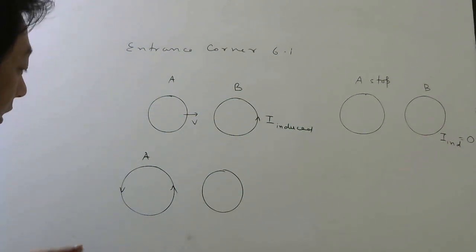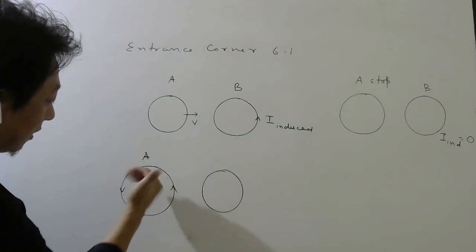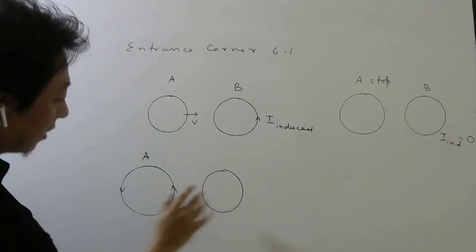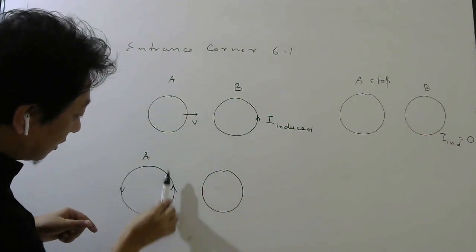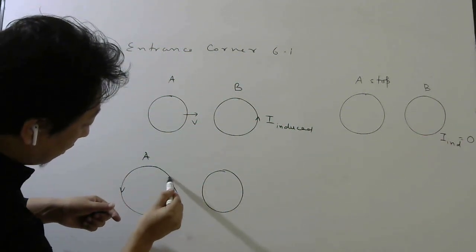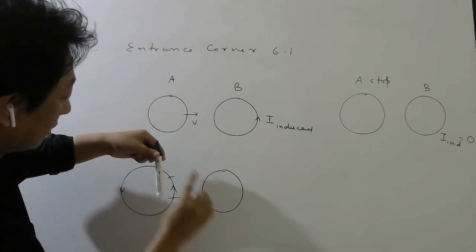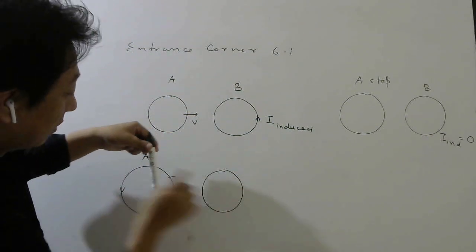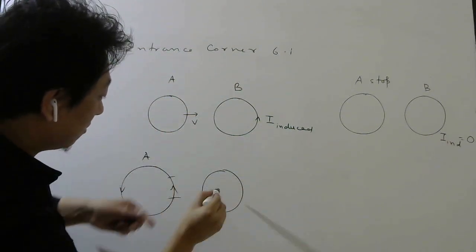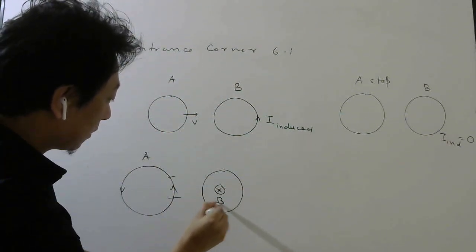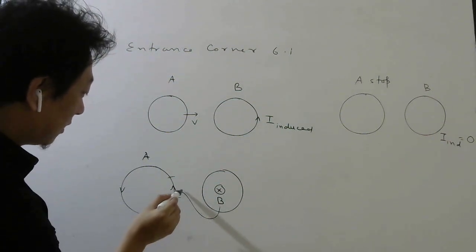Now circular current, how do they produce magnetic field? At the center they produce out, but we want here. So for that, you consider this part. This part, if you look carefully, looks like a straight line. So magnetic field will be like this. Yes or no? So magnetic field here is going into the board. So this is the magnetic field produced by this current.